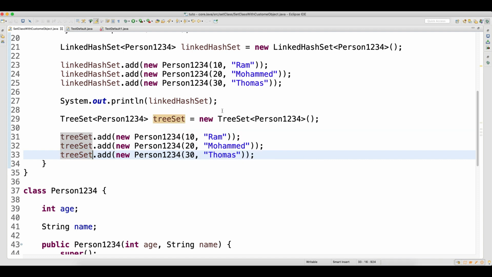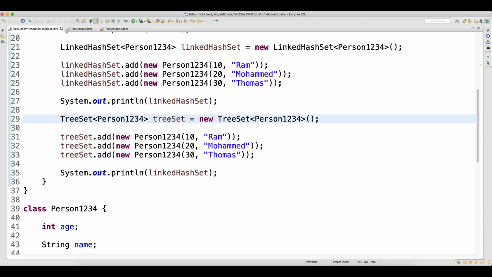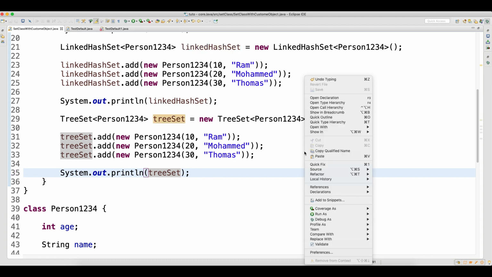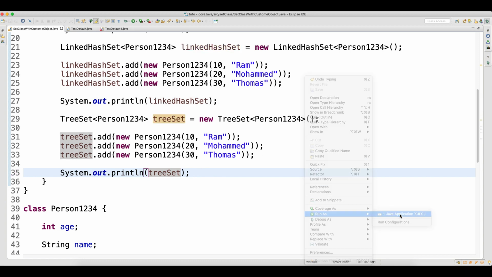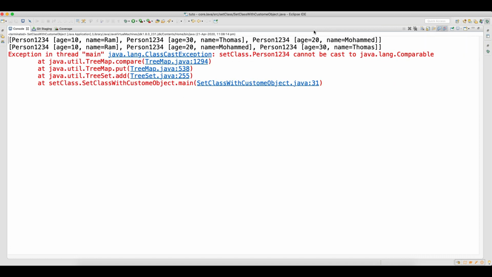When you have added data of a primitive type or a string, the tree set maintains your data in ascending order. But let's see what happens in the case of a custom object. See here, what will you get? You will get a ClassCastException.